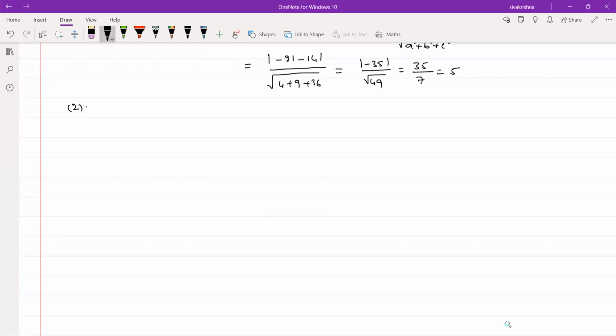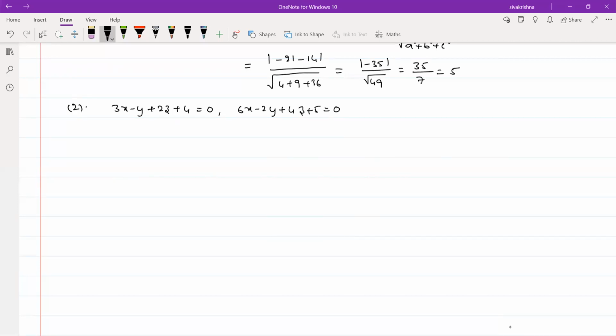So I am giving you two planes. One is 3x minus y plus 2z plus 4 is equal to 0, and 6x minus 2y plus 4z plus 5 is equal to 0. So these are the two planes, actually parallel planes. But if you observe those two equations, we can't say that they are parallel planes, because the coefficients of x, y, z are different in both the equations.